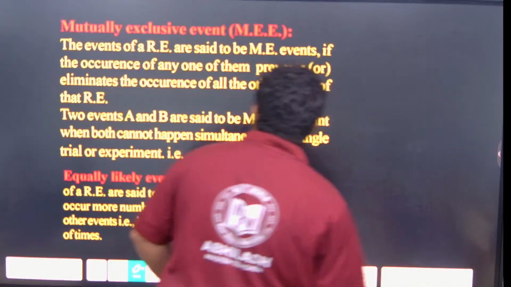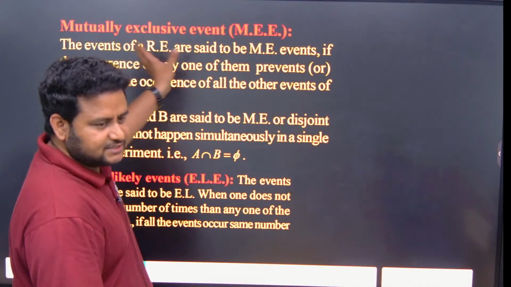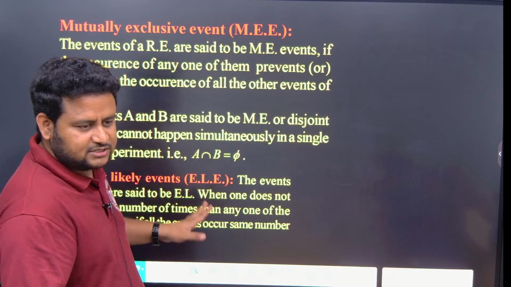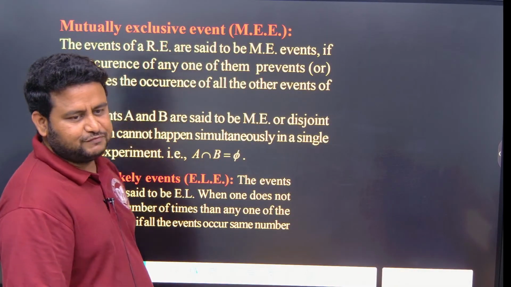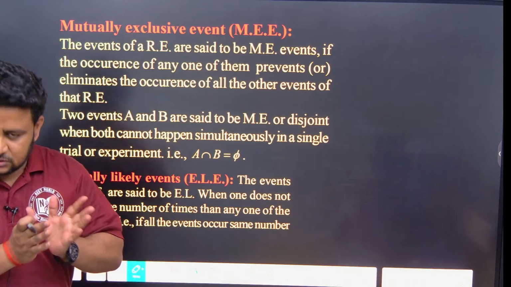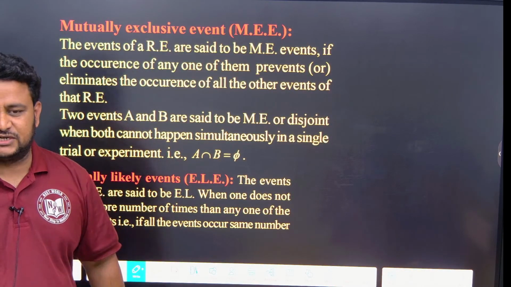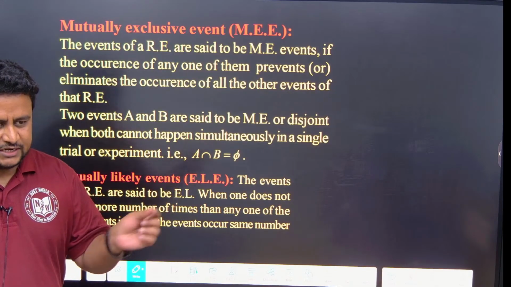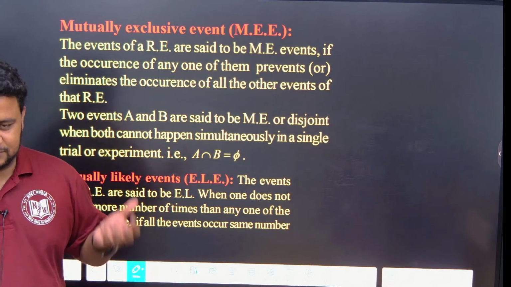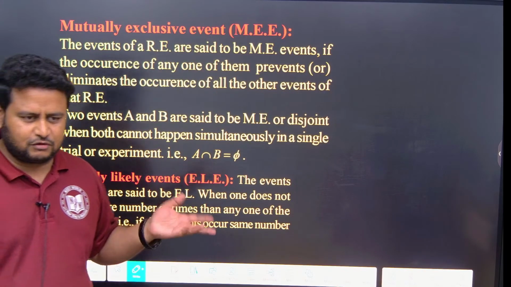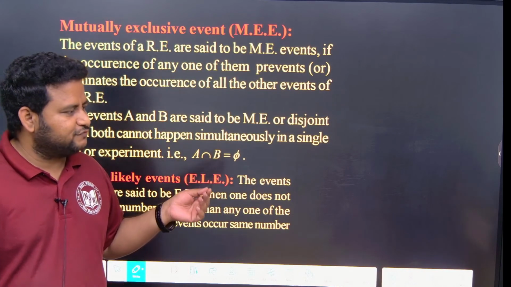Mutually exclusive event. This is important. Whatever we learned till now, random experiment, event, all these things are not that important. Mutually exclusive event: you would have studied it for Bayes theorem. Let E1, E2, E3 be mutually exclusive and exhaustive events. You might not have known what it is, you would have just mugged it up. Otherwise, if you have known, that is better. Mutually exclusive event means